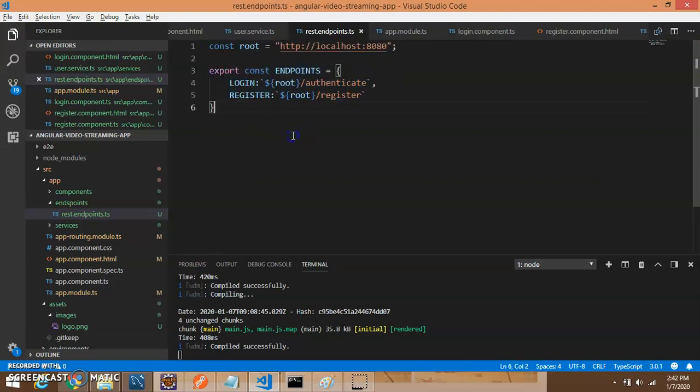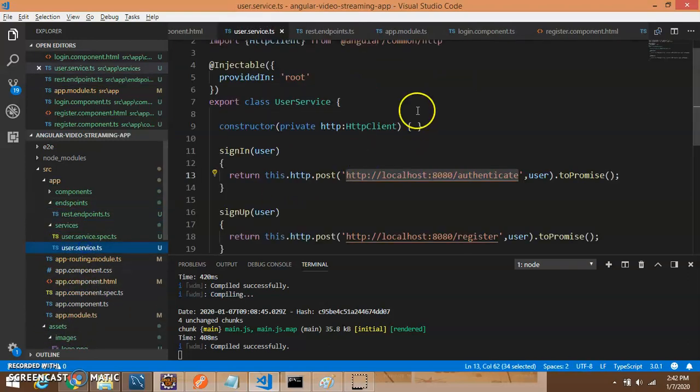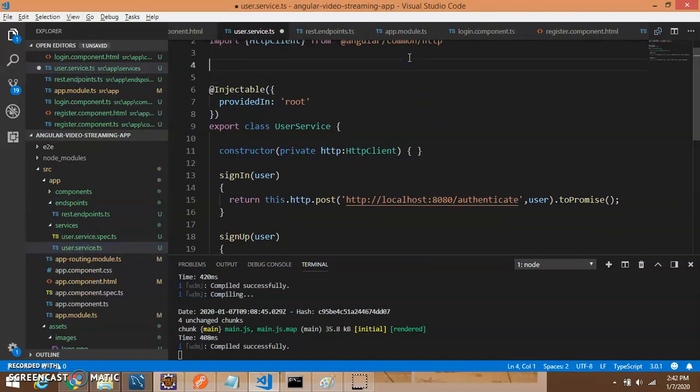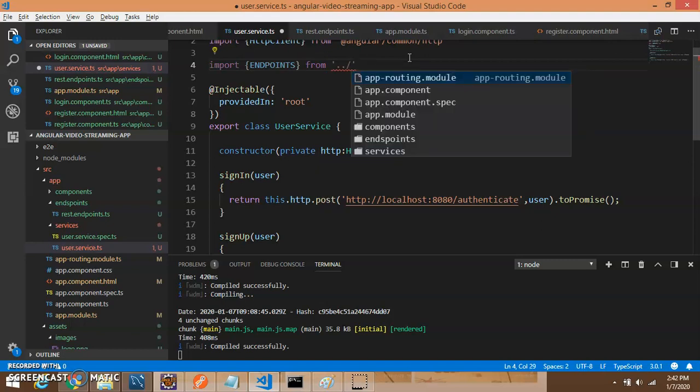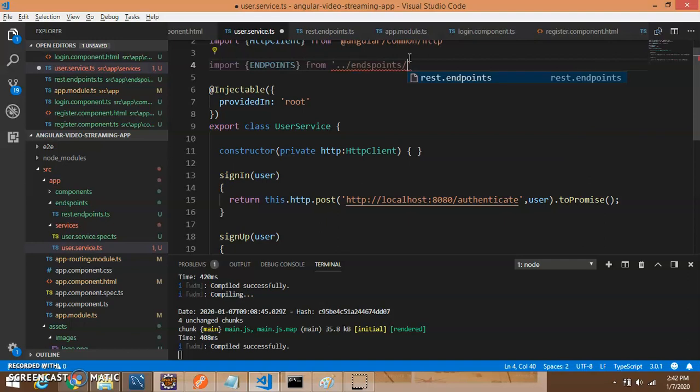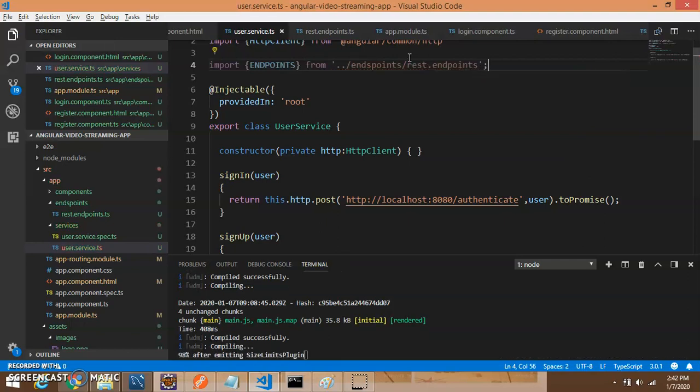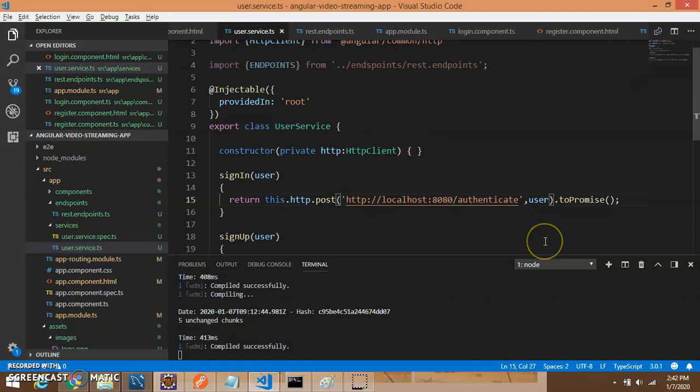Okay, yeah. So I'm going to maintain all my URLs in this file, and whenever I'm calling it from my service, I will just go ahead and import that endpoint from ./endpoints/rest.endpoints. So I have maintained all my endpoints there, and here, instead of hard coding these URLs, I will say